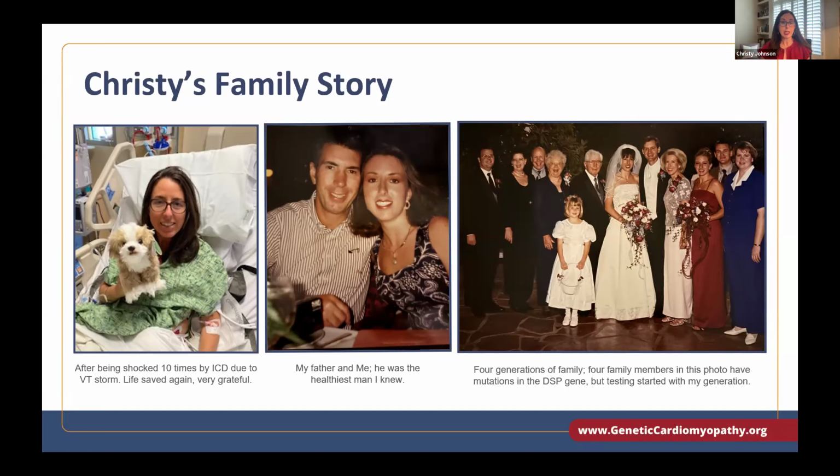We immediately genetically tested my 2 daughters. One was positive, one was negative. My positive daughter, named Cassidy, was about to train for a triathlon. Endurance exercise can cause more damage and arrhythmia risk in a DSP heart, so doctors encouraged her to greatly reduce her exercise. This advice in itself may have saved her life,